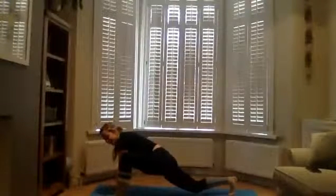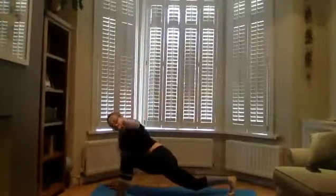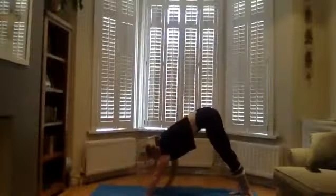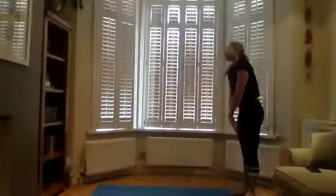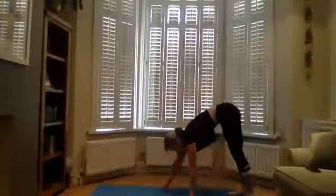Now again, maybe you just stay here, or if you want a little bit more, you rotate, you lift your left hand to the ceiling, you turn your torso, and you get that thoracic spine moving. Good, the hand comes back down, the left foot steps back, you push your hips up and walk your hands all the way in again. Restack, roll up through the body. Good, last one like this, roll all the way down, rounding the back, walking the hands all the way out,